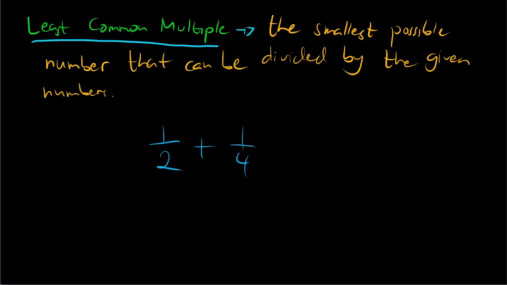It's the smallest possible number that can be divided by the given numbers. So basically, kailangan natin maghanap ng numbers na kayang i-divide ni 2 tsaka ni 4 na walang susobra. Again, anong number yung kayang i-divide ni 2 tsaka ni 4 na yung sagot mo ay sakto, walang magiging remainder. So, to do that,